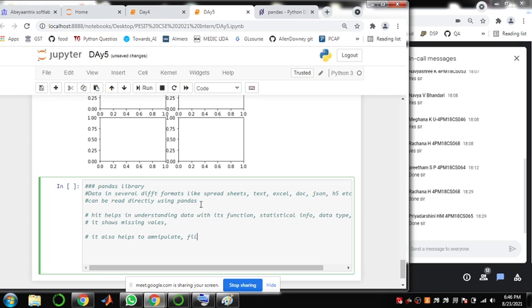In the next stage, it also helps to manipulate and then filter out the data frames, data. So you can manipulate the data, like you can merge the data in the data sheet which you read. You can delete the rows, you can add the columns. Those things you can do. As an example, if you want to do some kind of filtering based on certain conditions, you can do it. So joins, also.